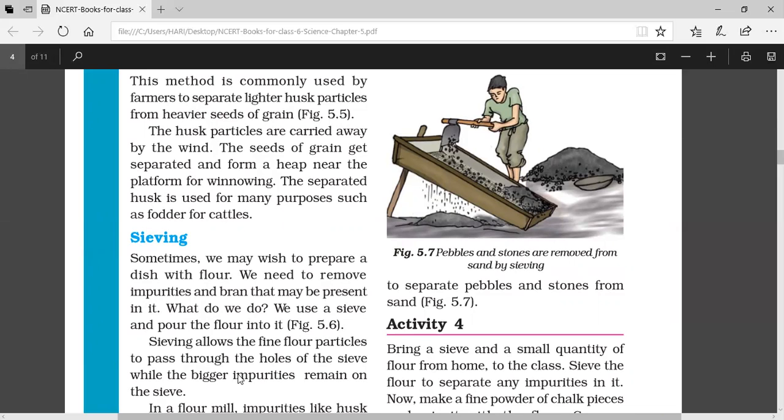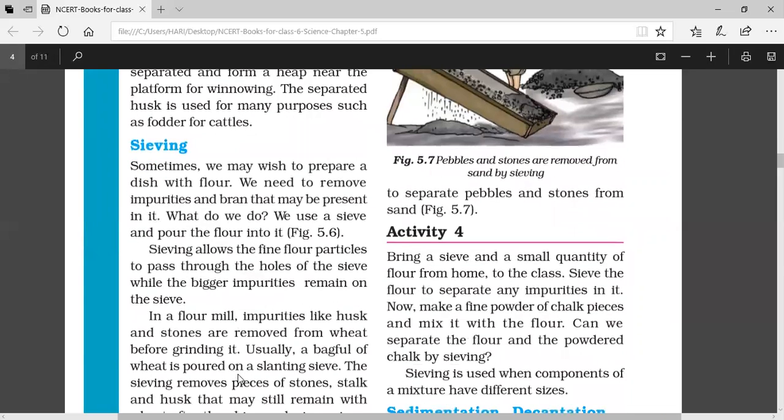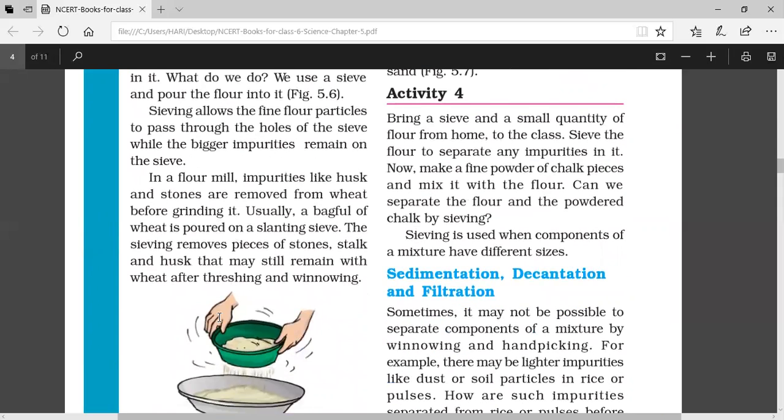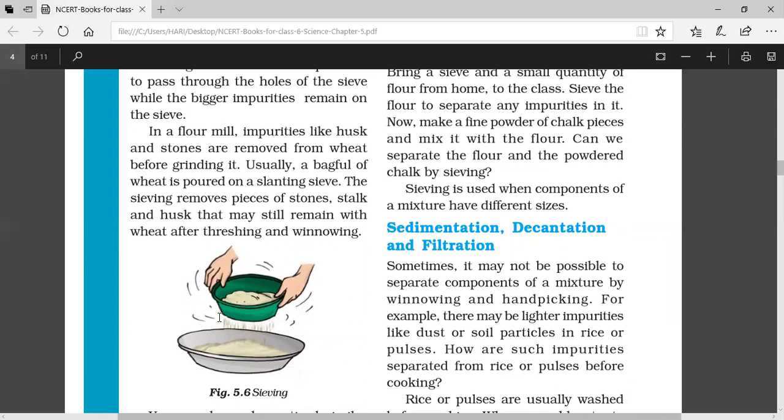This time, she will not be using the same sieve. Here, a sieve having very small holes is used. And the sieving method is also used in construction sites for removing the stones and pebbles from the sand. So sieving is also a method to separate the components of mixtures, and sieves of different holes are used for this purpose. In construction sites, sieves having large holes are used, and there the pebbles and stones are separated from the sand which is used for constructing buildings and all.